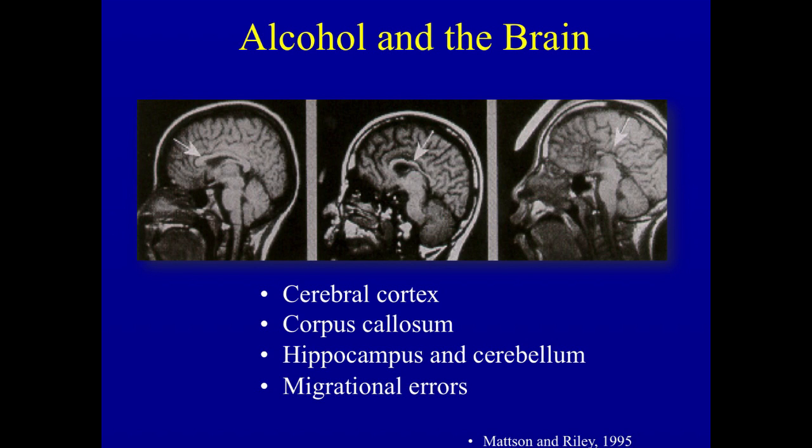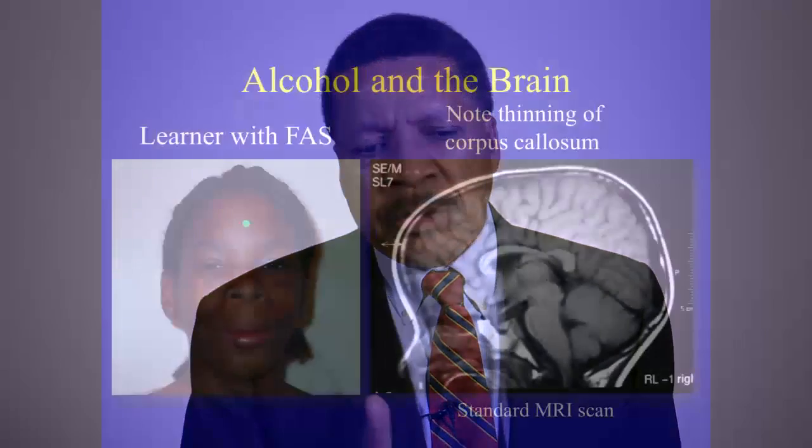We see issues that are involved in structure. These are some data from Sarah Mattson and Ed Riley, who have done some wonderful work in terms of computer generation of brain imaging. It's important to recognize, however, that this work is done in the research context, and findings such as hypoplasia of the prefrontal cortex and so forth have been generated in that research context. So a child who has fetal alcohol syndrome and has a normal head circumference but academic underachievement may not be the child that would be subjected to imaging.